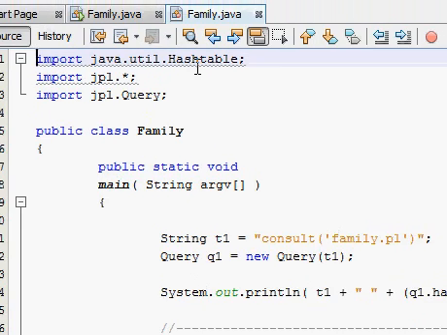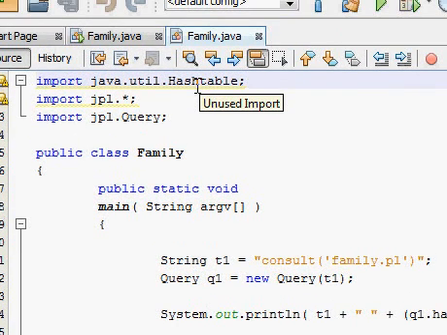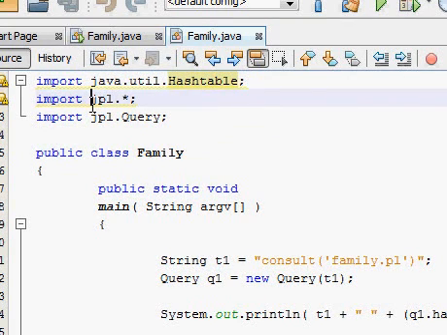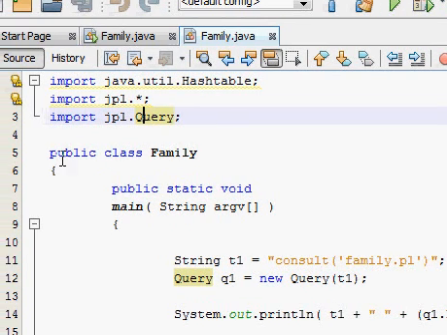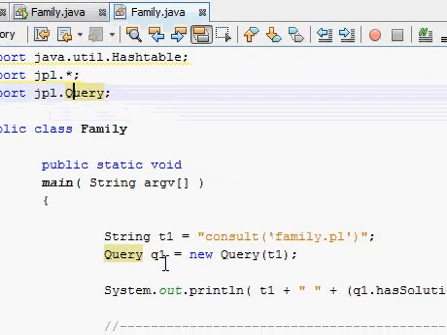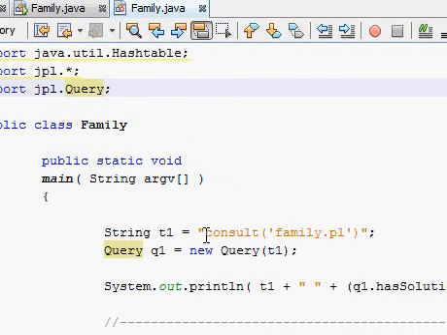I will show you that this family.java contains some import statements. This import statement also imports JPL, the package JPL, and explicitly it also imports jpl.Query. This is my simple Java class family, public static void main, and now in this string I am just